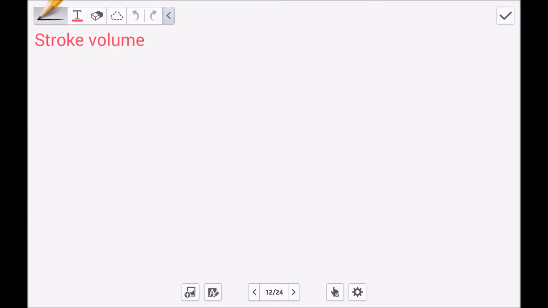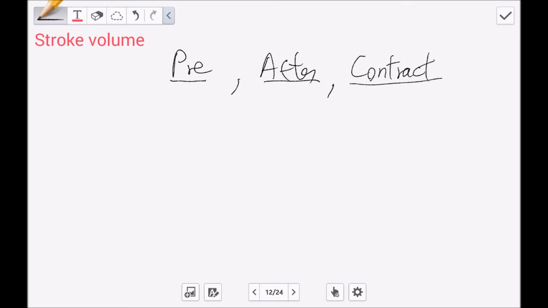So stroke volume is actually affected by your preload, your afterload, and contractility. So it's affected by preload when I use pre, afterload, after, so that we don't write the whole word, and contractility. I'm just going to put contract. Okay, so preload is, I'm going to talk about here,